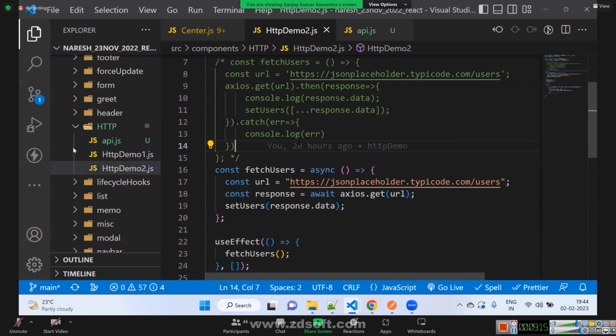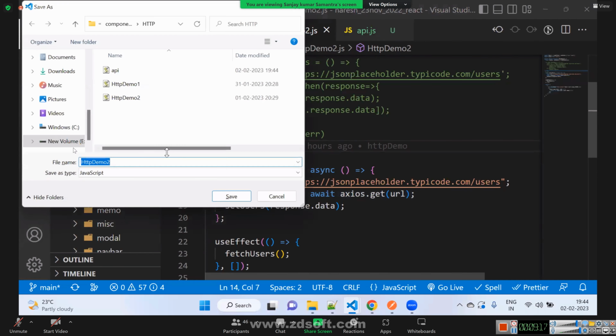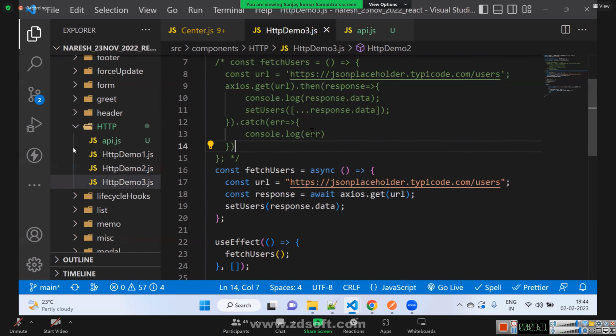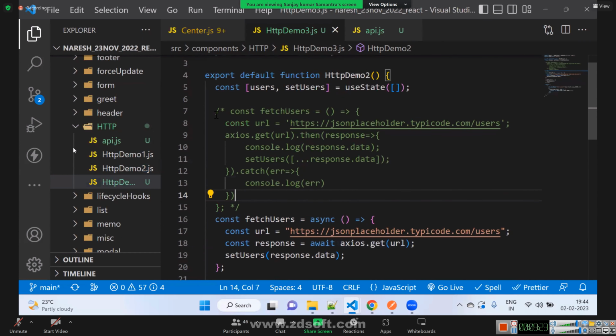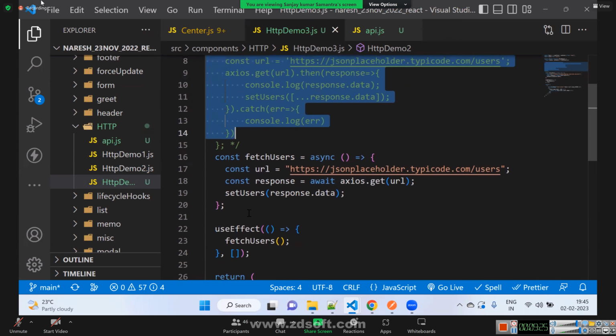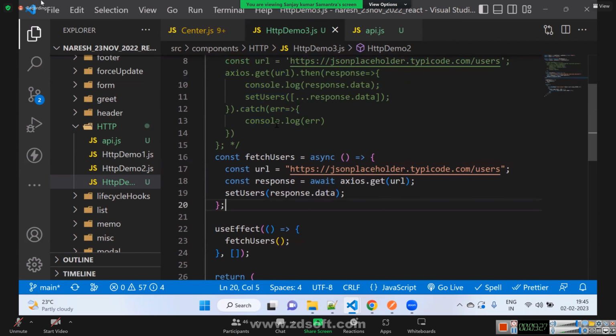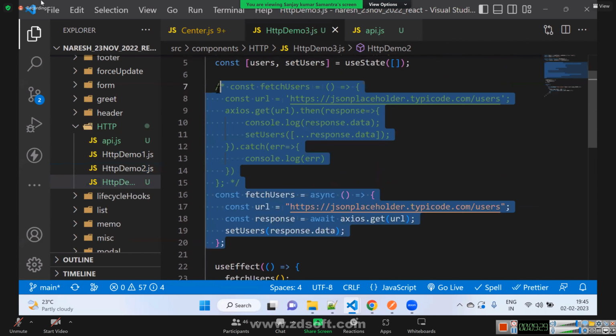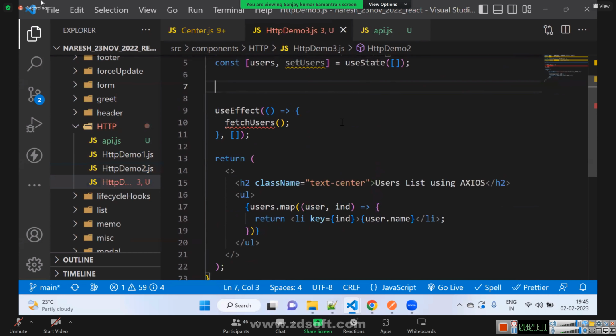Then I'll create HTTP demo 3. In HTTP demo 3, I'll change the logic. I'll just change the logic, nothing else.